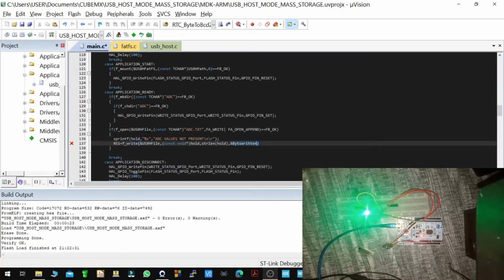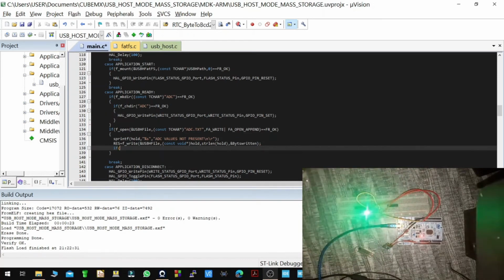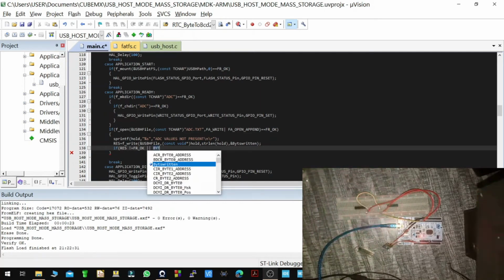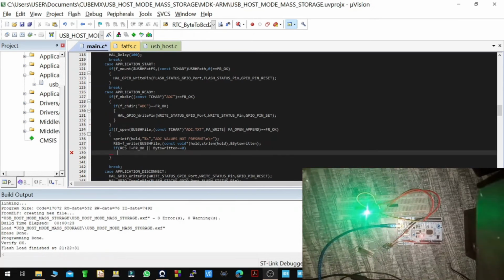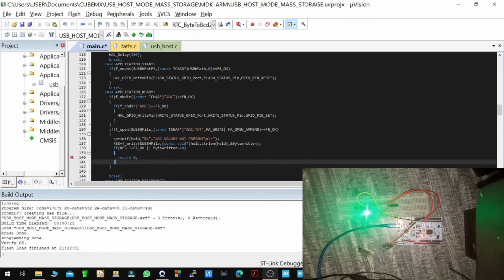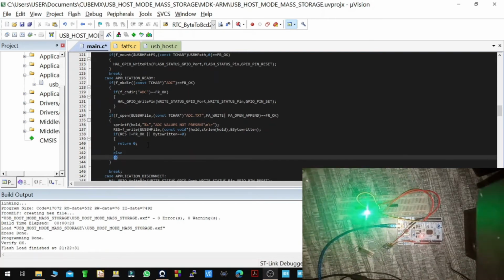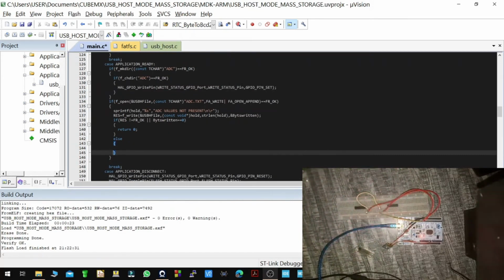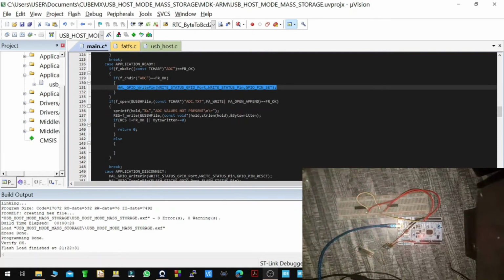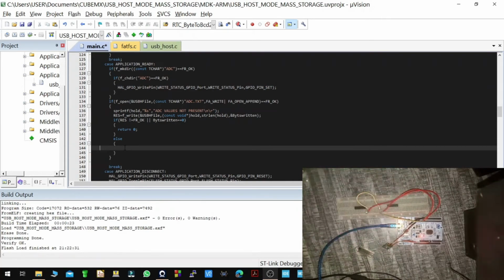So then we can come here and say that if result is not equal to FR_OK or bytes written equals 0, if it writes nothing to the file, then we can have return 0, or we can have else. We can have now this LED toggling. We can make it toggle for 3 times,